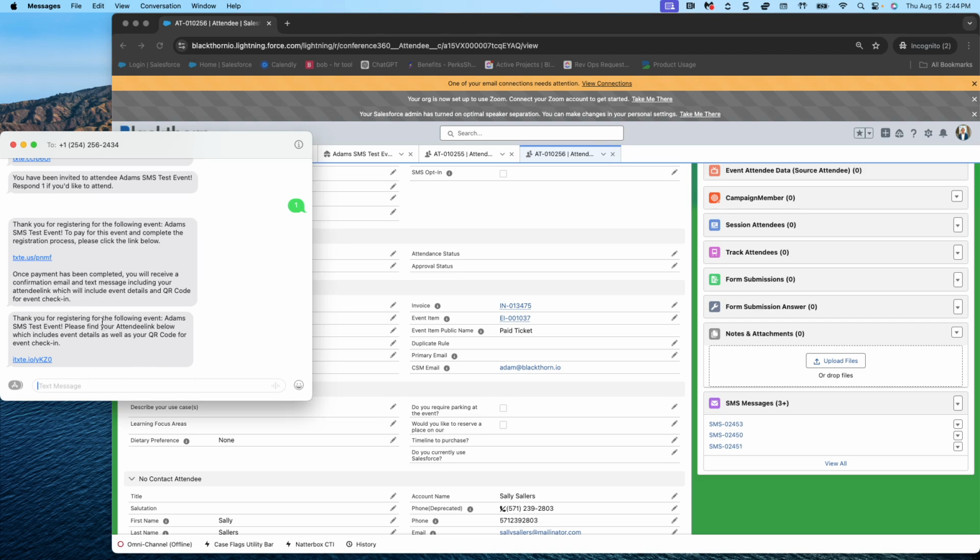Thank you for registering for the following event. Please find your attendee link below, which I can use to access the QR code for event check-in. If I click into that link, that's going to open up that attendee link with that